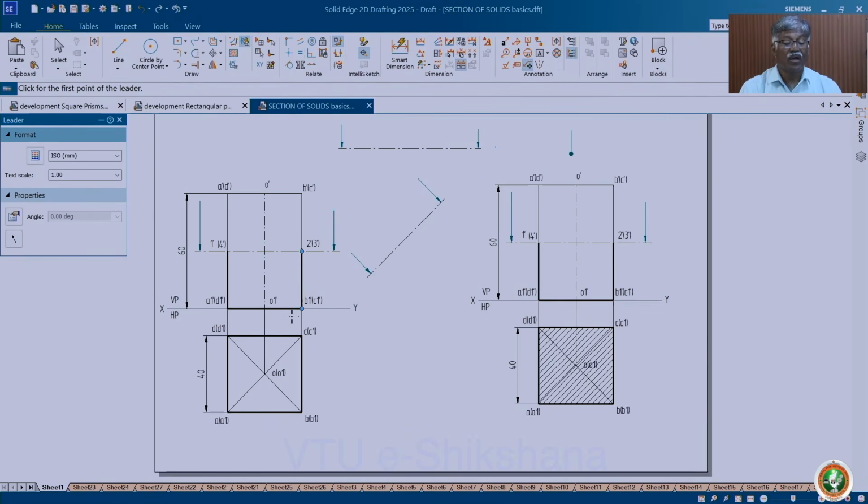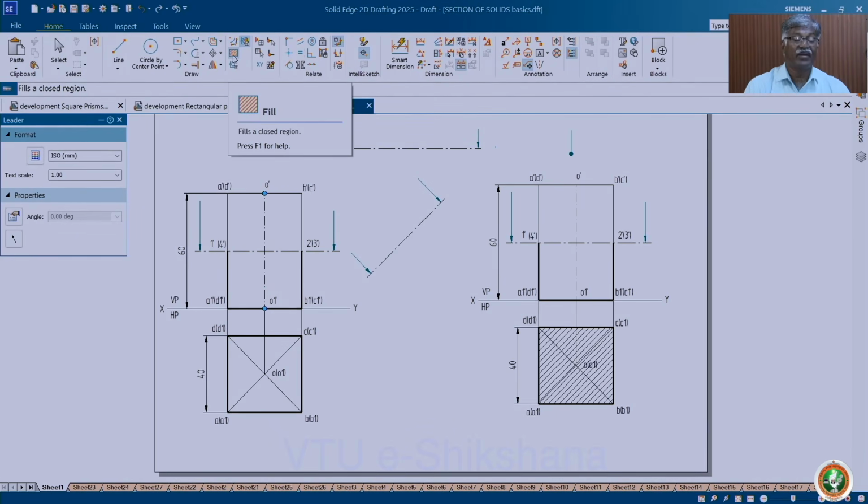Now how to draw the section? Suppose you take a particular square prism and cut parallel to the base, you will get another square. At this particular height you get the section, that is the cut portion. That cut portion is represented by a command like fill. You can use fill with hatching. That is what I did for you. Now you can click on this